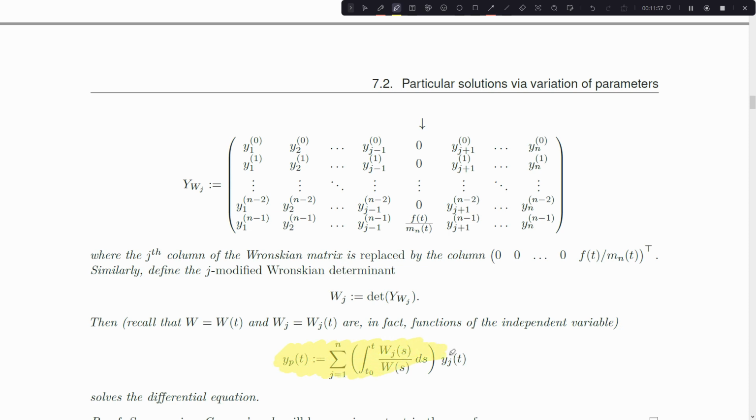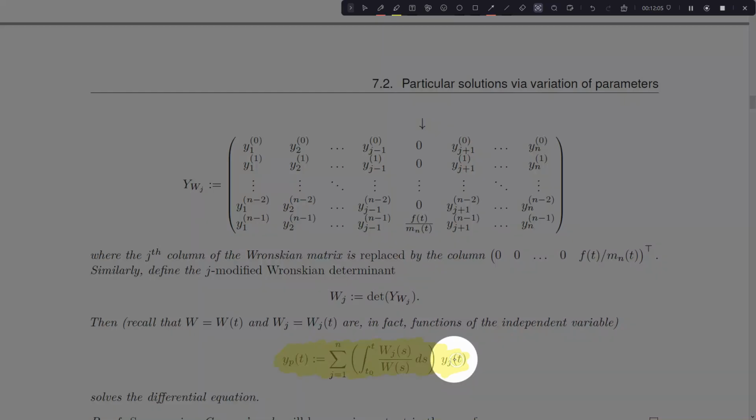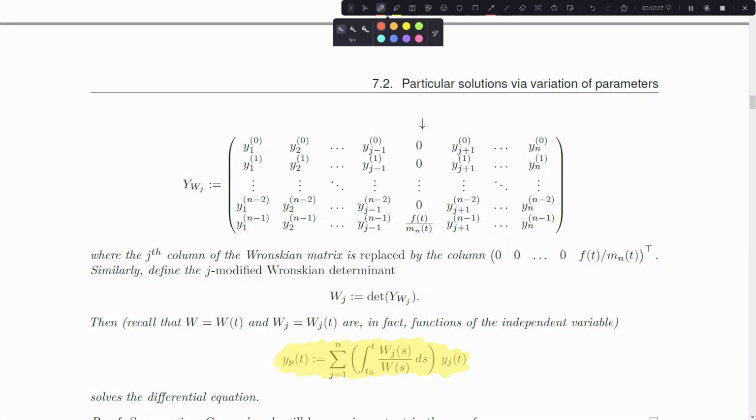particular solution, right? A particular solution can be completely calculated as kind of a linear combination of the fundamental set. These y sub j's are still the y sub j's from the fundamental set of solutions, but now what I have going on as coefficients is that these coefficients depend on time. They're not constants the way that I normally would have if I were finding the homogeneous solution. So now the constants depend on time, and this is where we get the term variation of parameters,